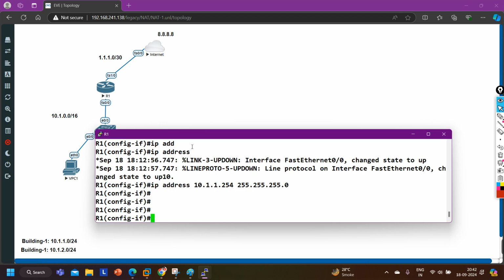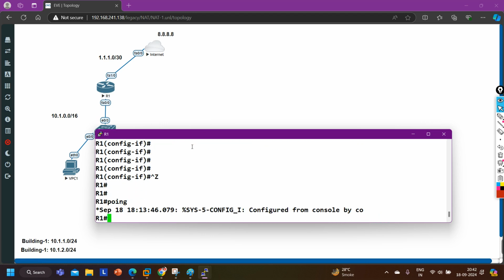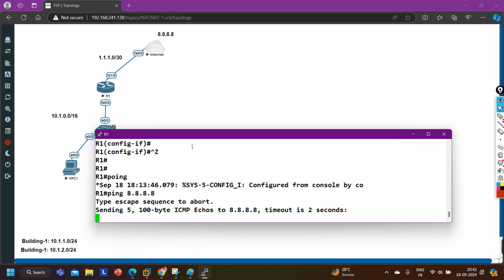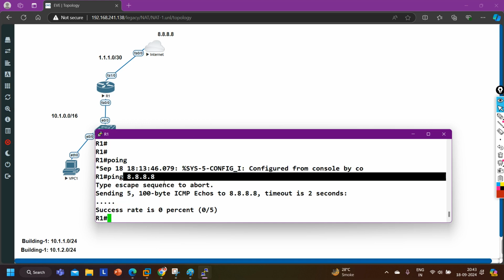Now guys, ping 8.8.8.8. Can I ping 8.8.8.8? Will ping work? No. Why? If I am pinging 8.8.8.8, it will ping from this interface only, now F1/0.